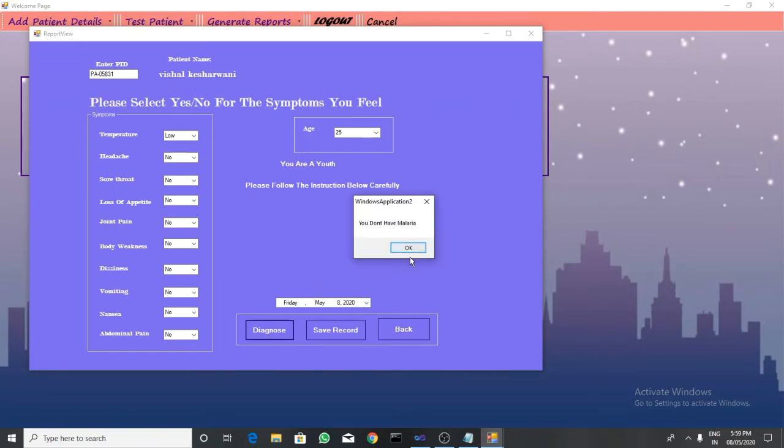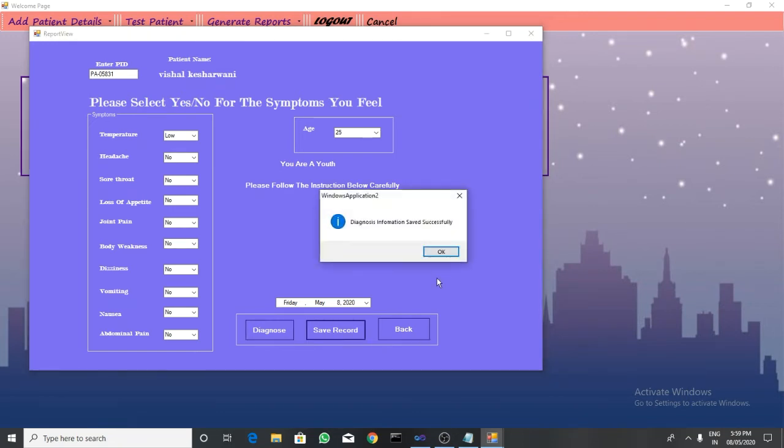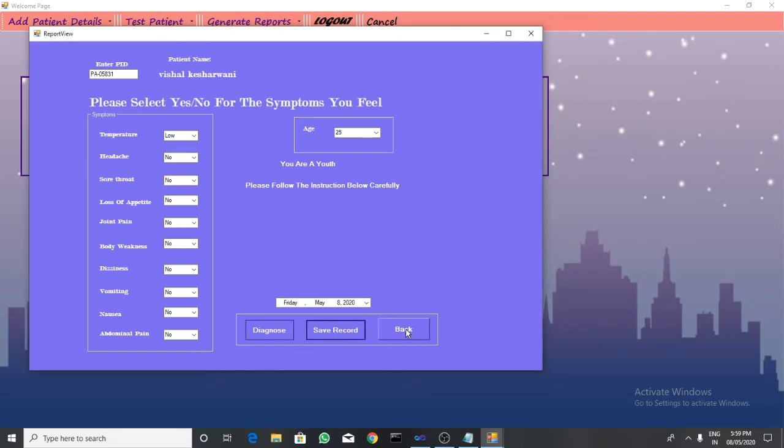As a prompt opens, it shows you don't have malaria as per the symptoms you have given in this box. Then click on OK and save the record. OK, back.